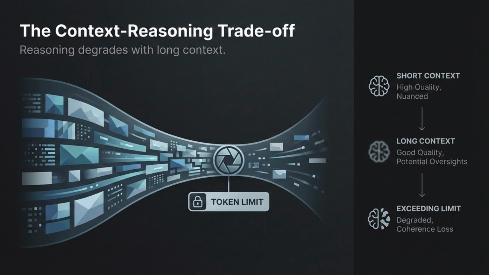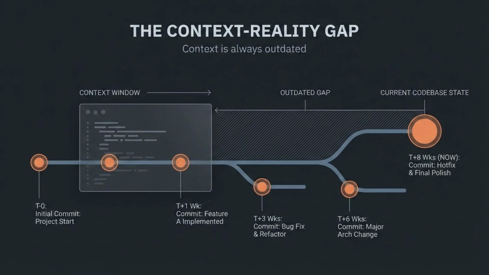We also face the context reasoning trade-off. While short context allows for high-quality, nuanced reasoning, long context can degrade reasoning, potentially leading to oversights or coherence loss if the token limit is exceeded. The context reality gap highlights that context is always outdated. Due to continuous commits and changes, the context window provided to the AI rarely reflects the current, dynamic state of